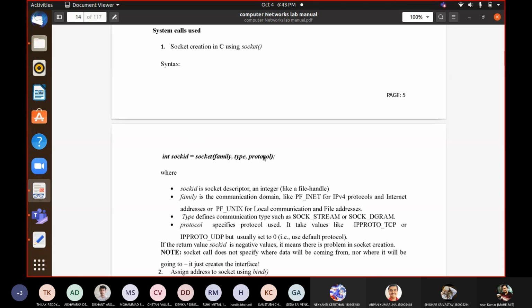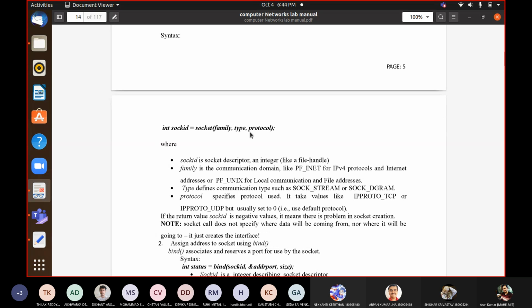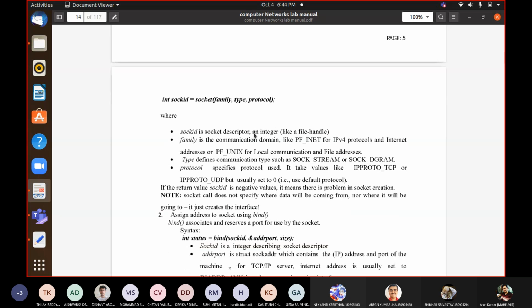But by default in our program we will write 0, the default value, so that we are not forcing the operating system to always use that. It is based on the operating system requirement, it can change also. So if you're not interested in forcing the operating system, then it's better to write the default value 0. Then, if everything is permissible and within the reach of the operating system based on resource and requirement, it will adhere to your request. So this is all about the socket creation.